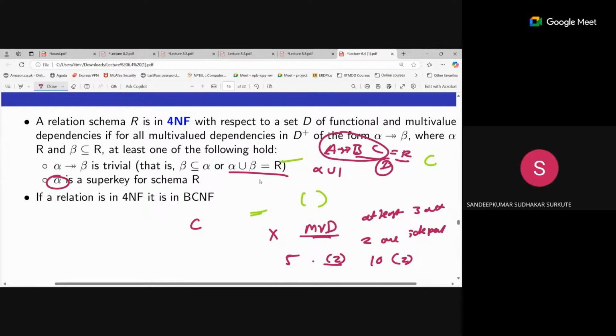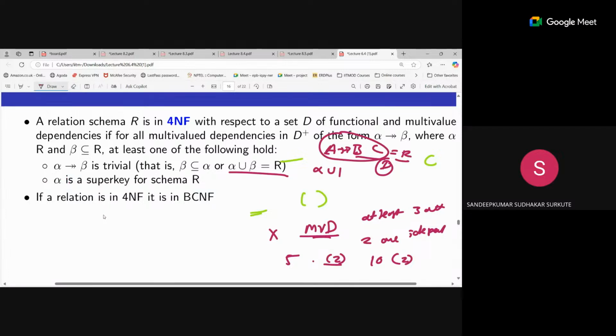So now how will the testing be if D is there? If we have A, B, C, D, then check whether the MVD exists or not. Whatever I have said, just swap the beta value and check whether you are getting the same rows, two rows in the table. If we got the same rows, then we can say MVD exists. It means it is not in 4NF. So the first condition will be true, most likely ABCD